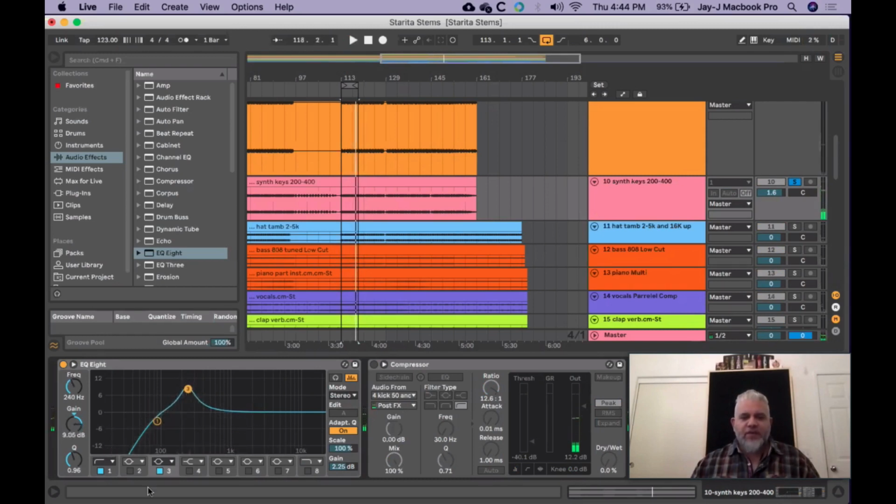So oftentimes I'll get tracks that feel like their overall mix has this element to it. And that's what I mean when I say to them, oh, it sounds like it's heavy in the low mids. And when I take some of that away,